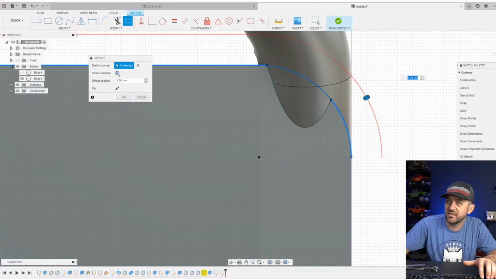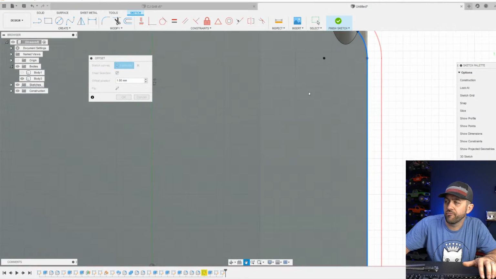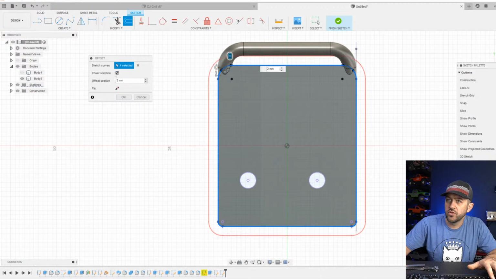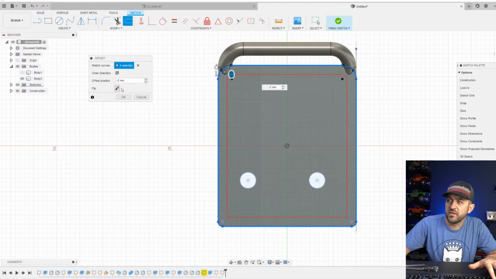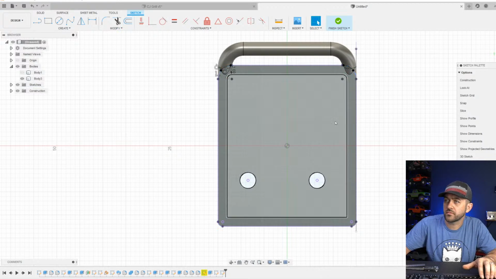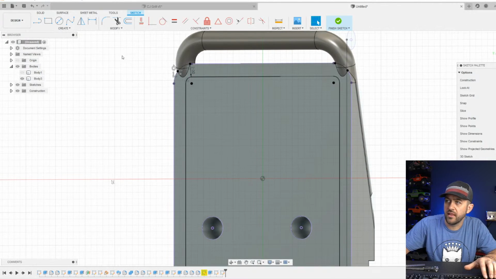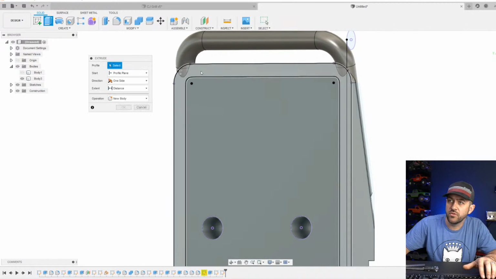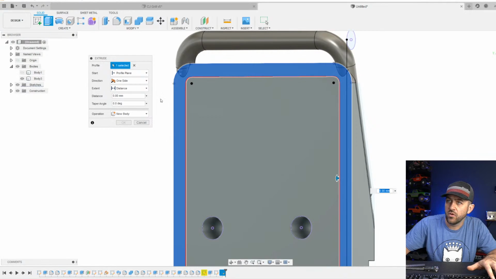Oh, I didn't have chain selection on, no wonder. There we go. We're going to do that with 2 millimeters. We're going to flip it to the inside. Hit OK. Now it has that. What I want to do now is extrude that whole thing